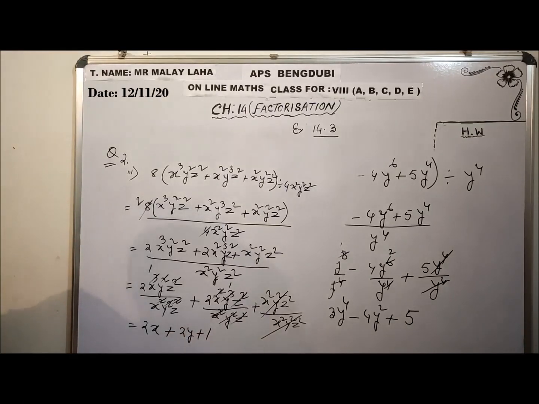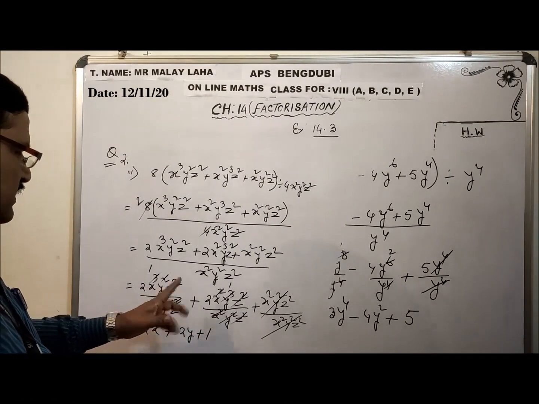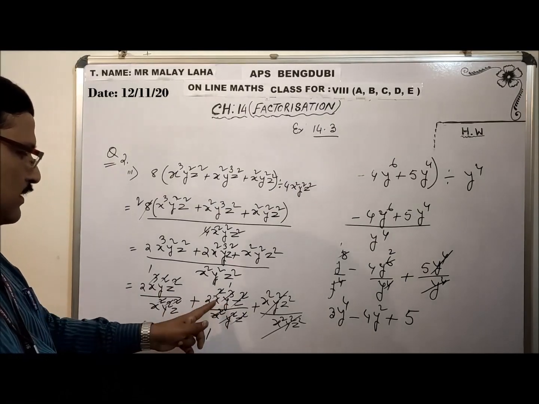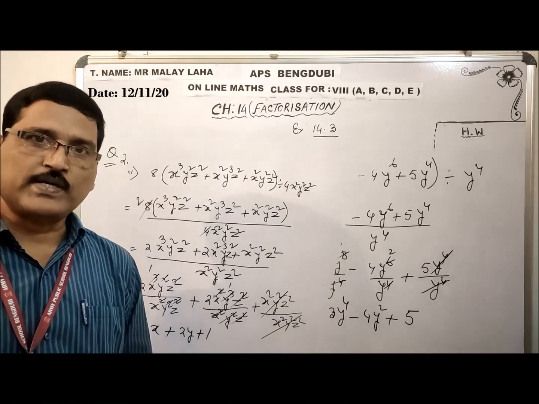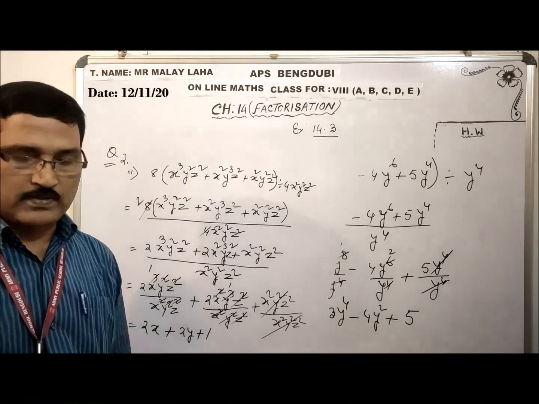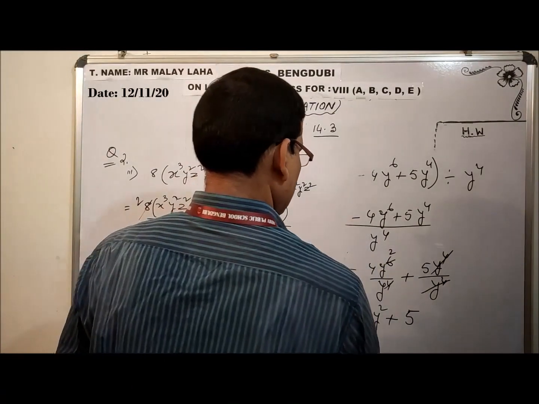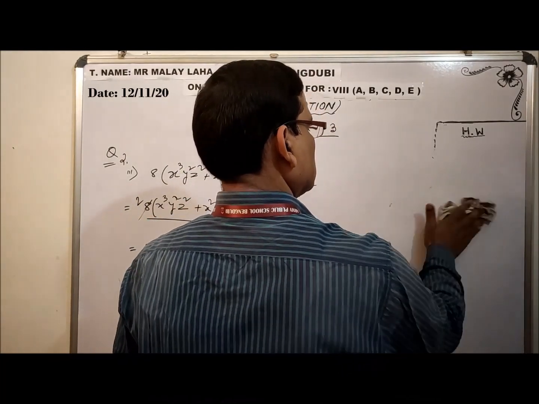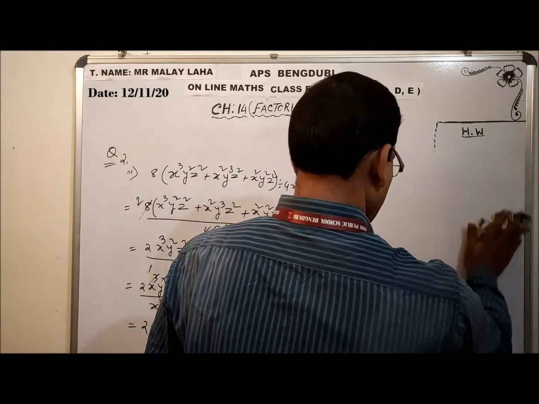So this is the last result. After cutting I am getting 2x only, y square z square is out. Here after cutting I am getting y only, 2y, x square z square is out, and here x square y square z square divided by x square y square z square, that means 1. This is the final answer. The only thing is that we need to write it properly. If you write it properly, you will not make any mistake. Whatever the number of terms present does not matter. You only have to follow the proper steps, then you will never face any problem.